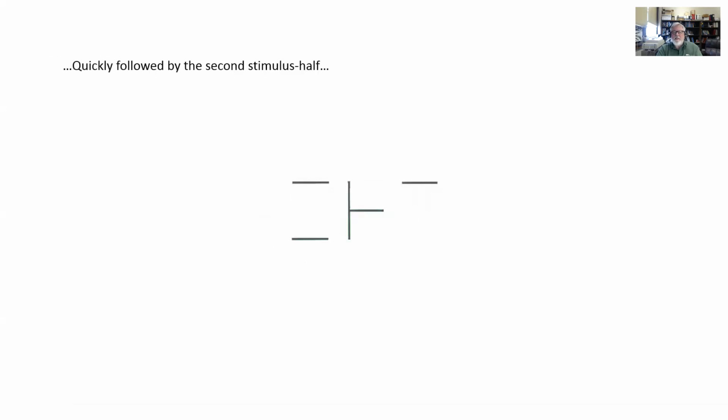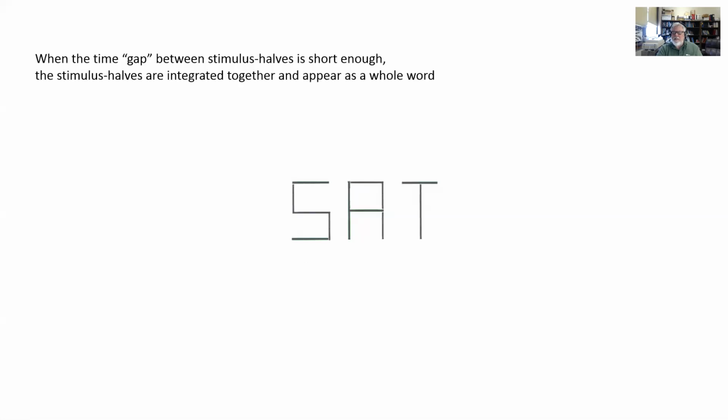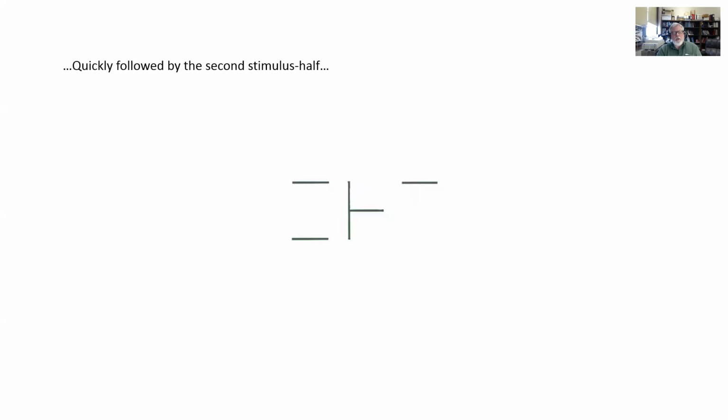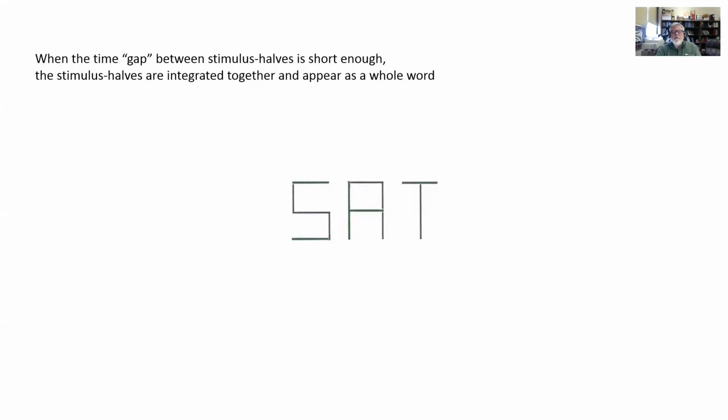If the first stimulus half and second stimulus half are presented quickly enough in succession, what the observer perceives is an integrated whole word, SAT, and it's very easy for them to accurately report the word. However, if the time between the presentation of the first stimulus half and the second stimulus half gets too slow, that is, so slow that it's beyond the duration of sensory memory, performance begins to break down because the observer no longer can integrate them into a perceptual whole. And that gives us essentially an index of the duration of visual sensory memory, the point at which performance begins